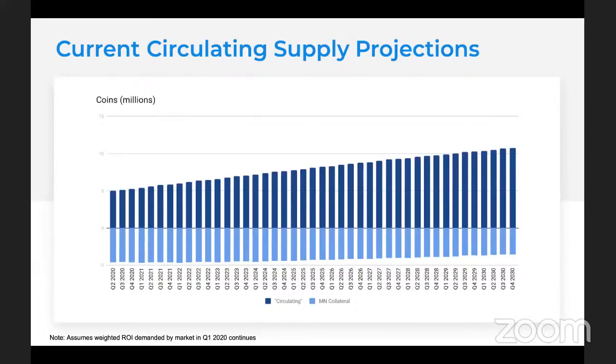And what you'll see is that over that 10-year period, the number of coins a little more than doubles. This is a significant growth, but given the long period of time, it's not that high of a growth rate over the entire period. The growth rate is weighted more heavily in the beginning, and the growth rate tapers off over time. And so this is a model under a set of assumptions that assumes that weighted ROI continues that we saw here at the end of Q1 2020. So if we flip to the next slide,